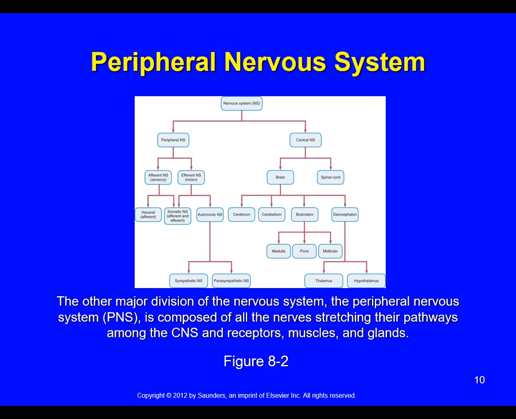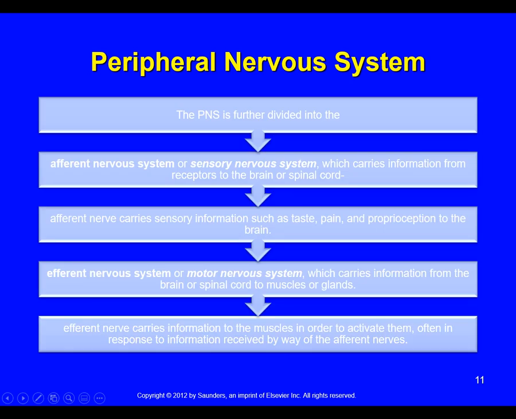Now going back to this picture, we're going to look at the other side, so the left side, the peripheral nervous system. This is composed of all the nerves stretching the pathways among the central nervous system and receptors, muscles, and glands. Cranial nerves are an important part of this PNS, the peripheral nervous system. It's further divided into the afferent nervous system or sensory nervous system, which carries information from the receptors to the